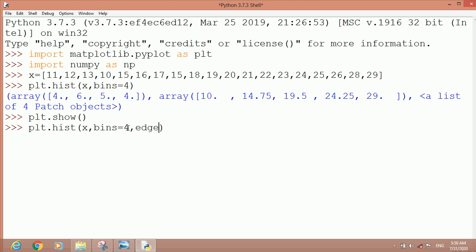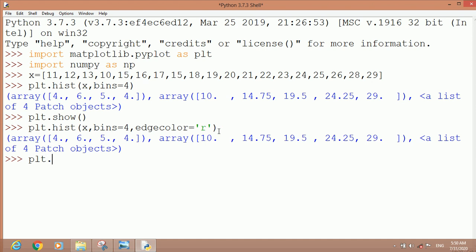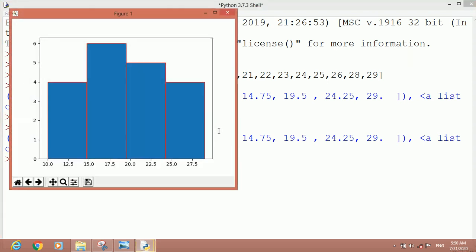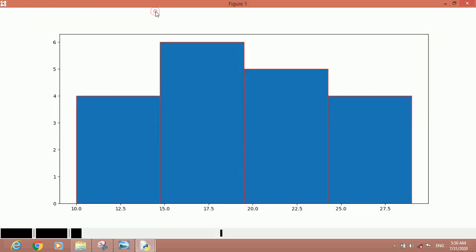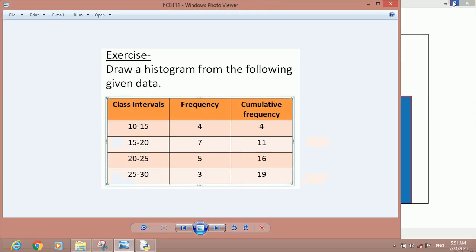You must have heard about this while I was teaching bar chart. So the edge color argument is there. Edge color equal to, we can give red color, blue color, whatever you want. Okay, then press enter. Now show the histogram, plt.show. Now you will see clearly the columns separated. Here you can see now the columns are clearly displayed with a difference. So now you can see total data items as per your data comparison. Here you can see we can compare.